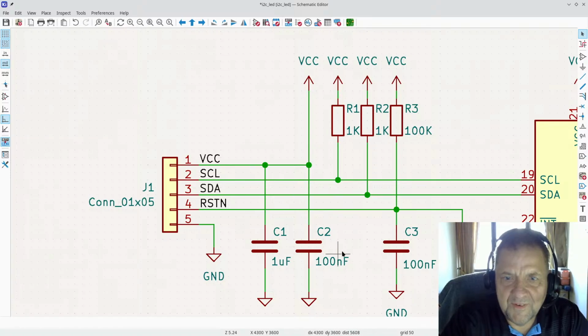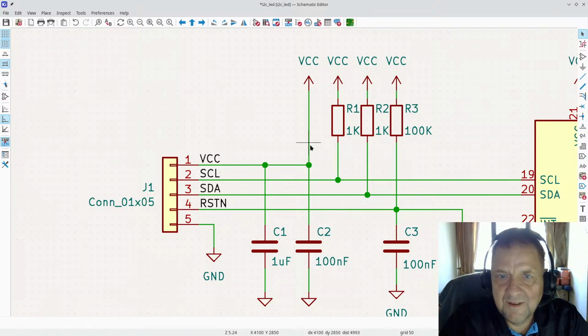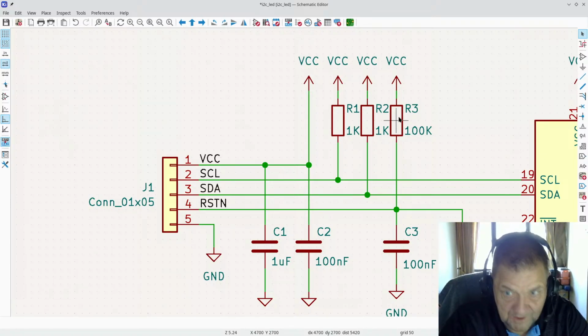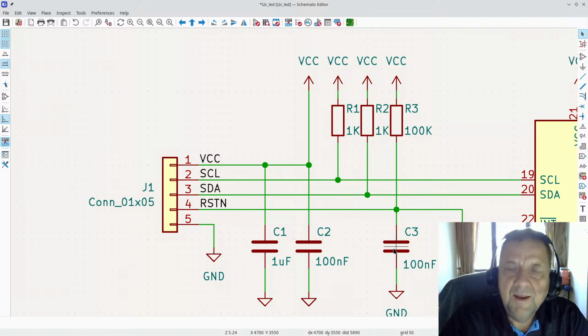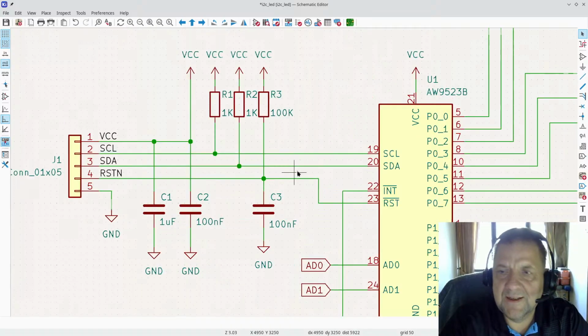So I have the VCC with some decoupling of 1 microfarad and a 10 microfarad. I have a 1K pull-up on the I2C lines. I'm happy with that. I have a somewhat slower pull-up on the reset. So when this starts up, this point will be at ground potential, and then you get VCC on. It will be charged through this resistor, and it will come up slowly, and that will delay the startup of the